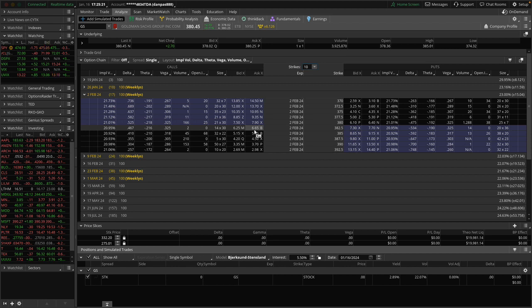So market makers nowadays, they're usually part of a bigger firm that makes markets. And what they do is they run theoretical values. They say, okay, well, this option is worth this. And if this option is worth this, then that means this one is worth this and that one is worth that. And because of put call parity, this one is worth this and that one is worth that. And they just program their computers to send out all these bids and all these asks.